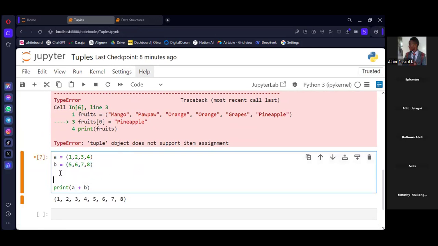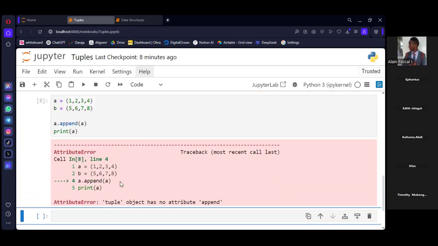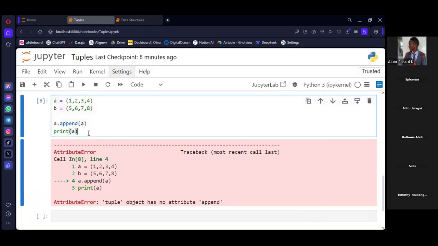If you say, for example, A dot append B, and then you print A, it will not work. Why? Because it is immutable. But when you try with the list, let's see the output.